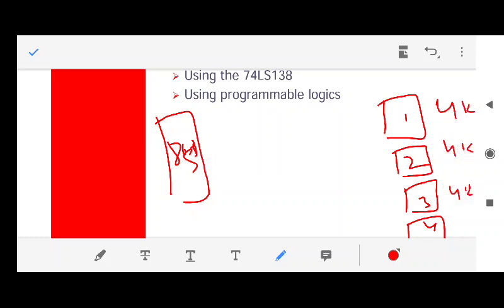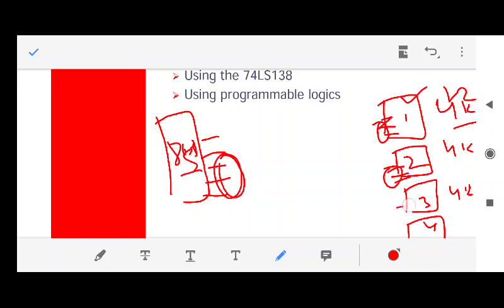Now how many address lines will it need? It needs 12 address lines. The 8051 has 16 address lines. So the 12 address lines will be directly connected to the 12 address lines of each chip, because these chips need only 12 address lines, as they are 4 kilobytes. So all the lower 12 address lines of 8051 will be connected to the address lines of each chip. Fine. Now 8051 can communicate with only one chip at a time. For that, it has to disable other chips and use only one chip. Please remember this thing.